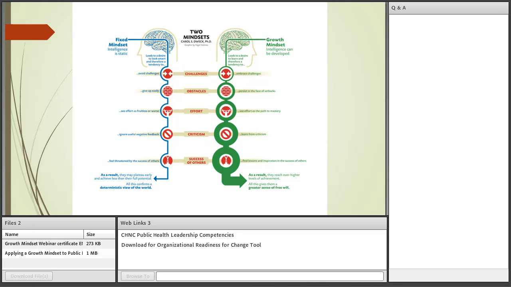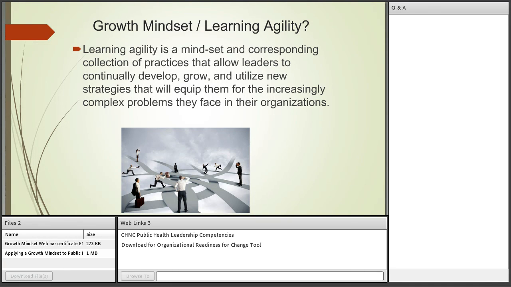So on the next slide, I'll define how we look at growth mindset and learning agility and how the two connect. Growth mindset, I've spoken a lot about, and I've given you some characteristics that define it. The next step to that is learning agility. What I mean by that is learning agility is a set of practices, leadership practices, I would say. And what they allow you to do is